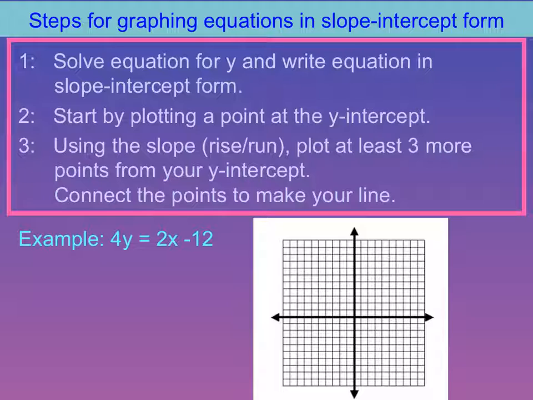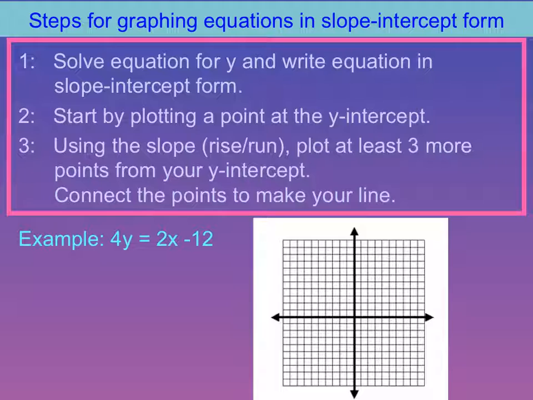Something people make a mistake in doing is they think they're going to start their slope from the origin. You don't start from the origin because the origin might not be one of your points on your line. So we do the y-intercept first, and then from there we do our other points using your slope. So I have a small example here you can just watch, and then we'll do the ones that are actually